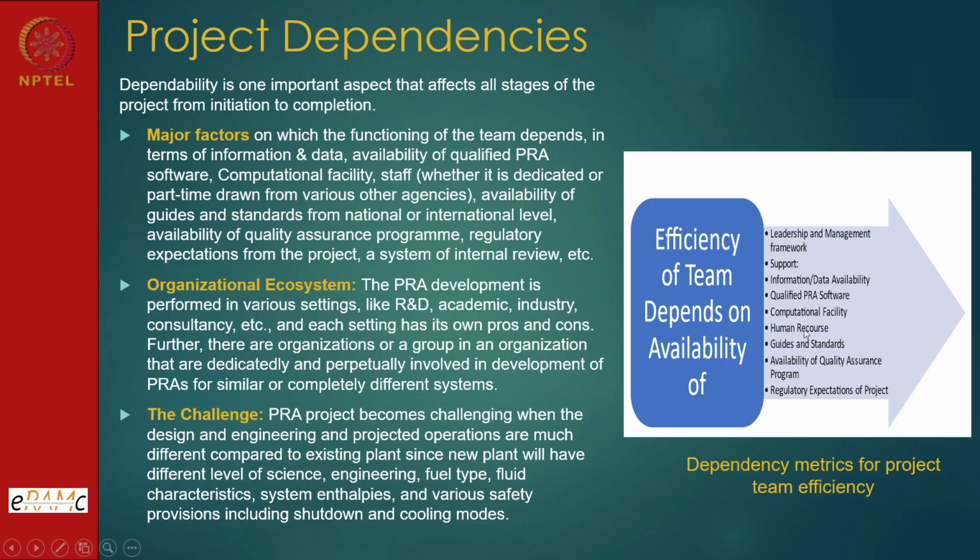Computational facility, human resource, very important, because this is what you have to fight for, and then you have to train them. Okay, guides and standards are very useful because they show us where the walls are, and what references are available that we can use. Even quality assurance documents are available, and regulatory expectations. You know what regulatory framework we have, and whether competency exists at the regulatory level. If not, they will hire some expert, but initially these difficulties are there, and each difficulty becomes a challenge actually.